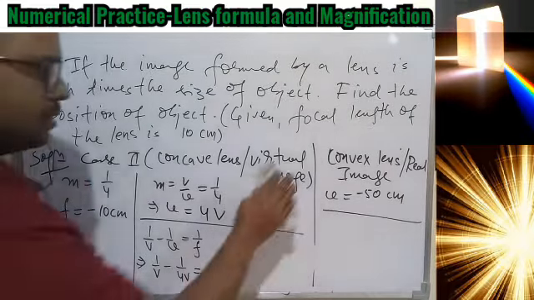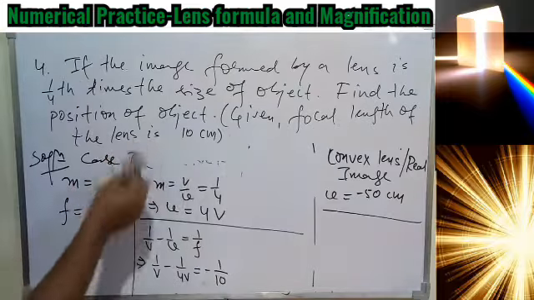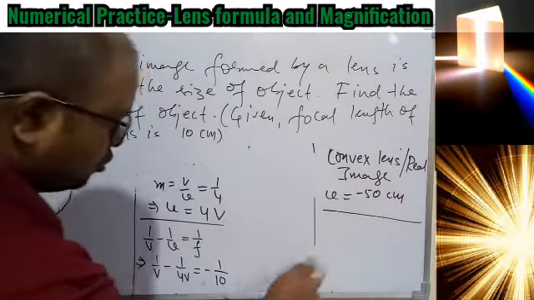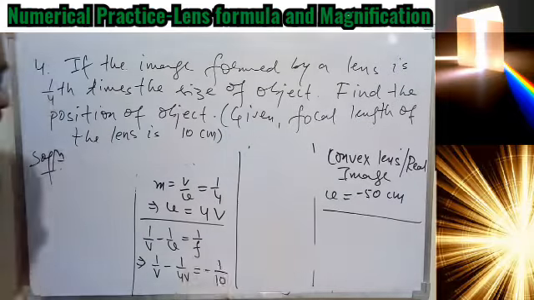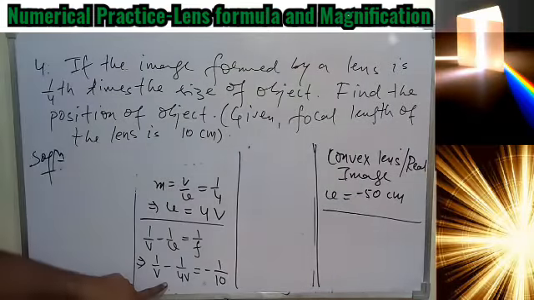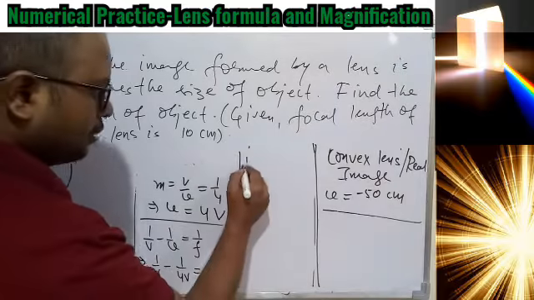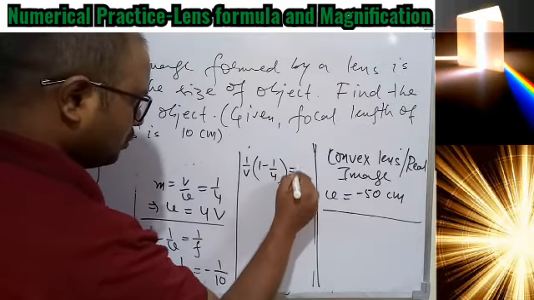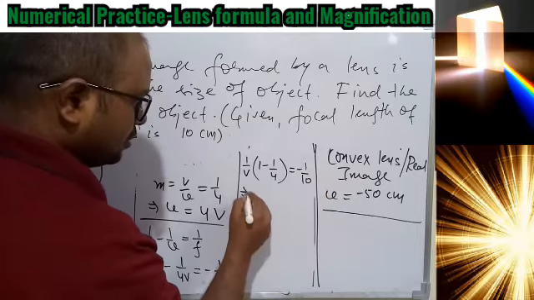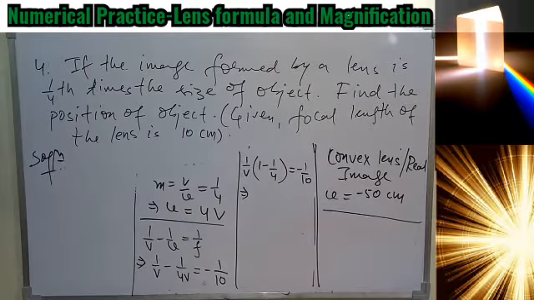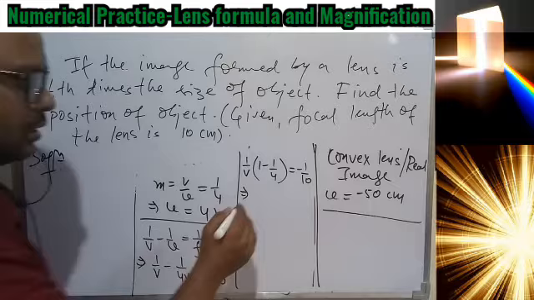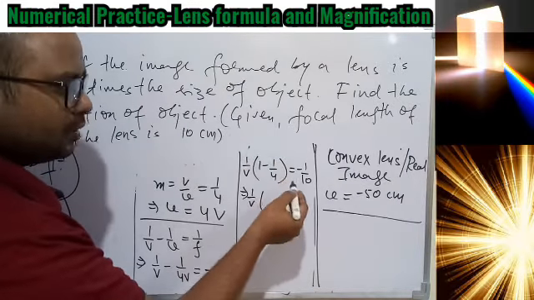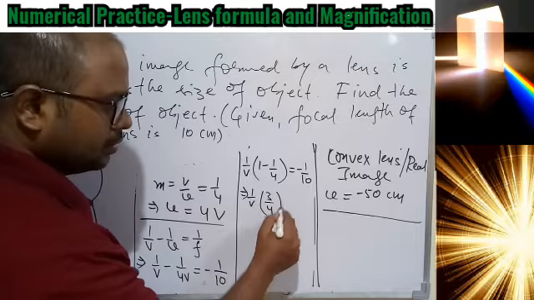Okay, again I need a space. I'm writing here. So I hope this part is clear. So let's solve and get the answer. If you take 1 by v common, this will become 1 minus 1 by 4 is equal to minus 1 by 10. Sometimes if you have minus, better be careful, because in minus we basically make the mistake. So 1 by v, and this will become how much? (4 minus 1), 3 by 4, equals minus 1 by 10.